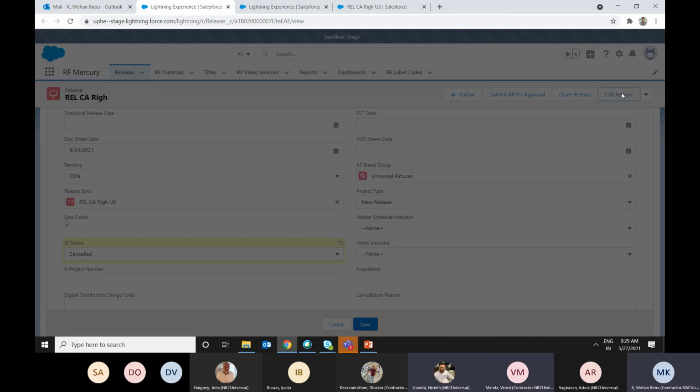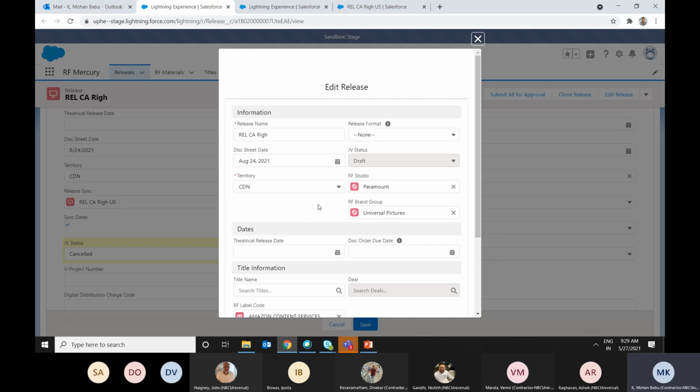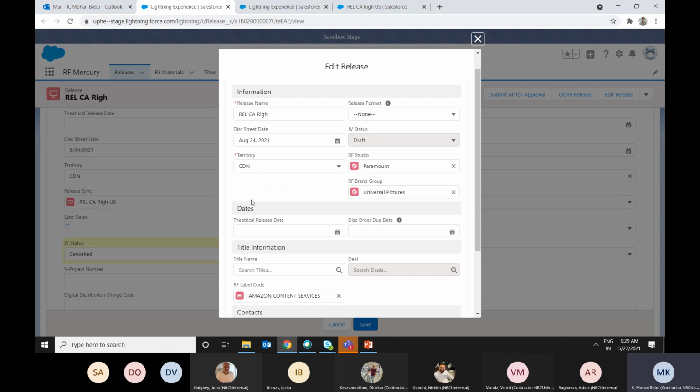This is the edit release. So actually the brand user, once they submit, it will become requested. After requested, it will become live, and after that they are allowed to change these fields. But if they change, we are tracking, as Vamsi said, and the status will get updated to changes pending.